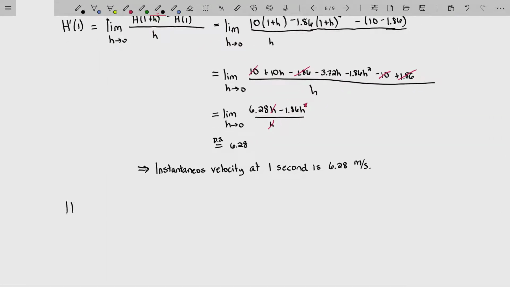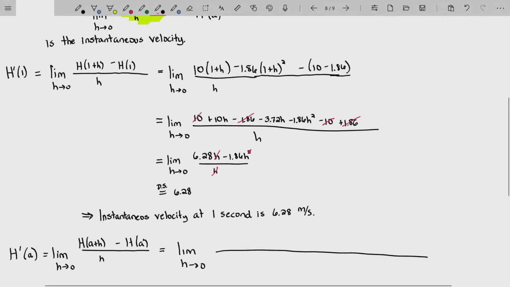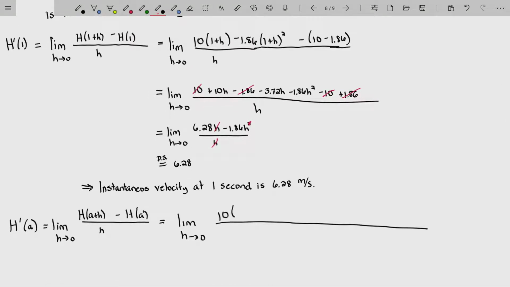So h prime, it's a lot of copying, honestly. H prime at a is the limit as little h is approaching 0 of capital H of a plus little h minus capital H of a all over little h. And you just plug that stuff into your function. This will be the limit as little h is going to 0 of, now I'm going to plug in, let's see, I have to look at my function here. 10 times a plus h minus 1.86 times a plus h being squared,